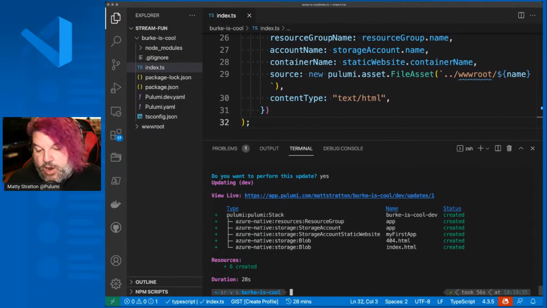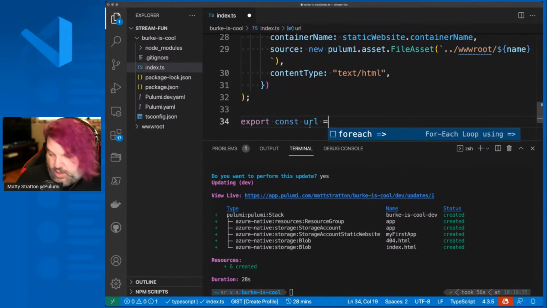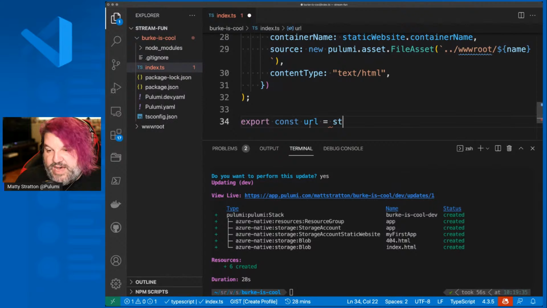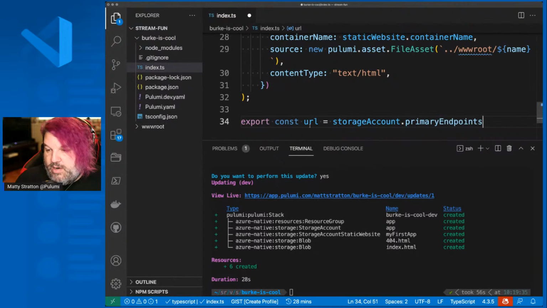And there we go. So it's created those. So I have a website, but I don't know how to get to it. So we have this ability to pass values that Pulumi understands both back out to us, and we can even pass them around inside Pulumi programs. So if I export a constant called URL, and that's just the value of storageAccount's primaryEndpoints web,